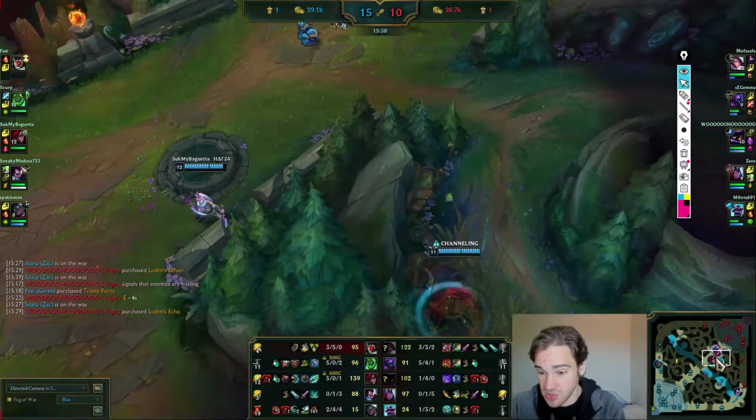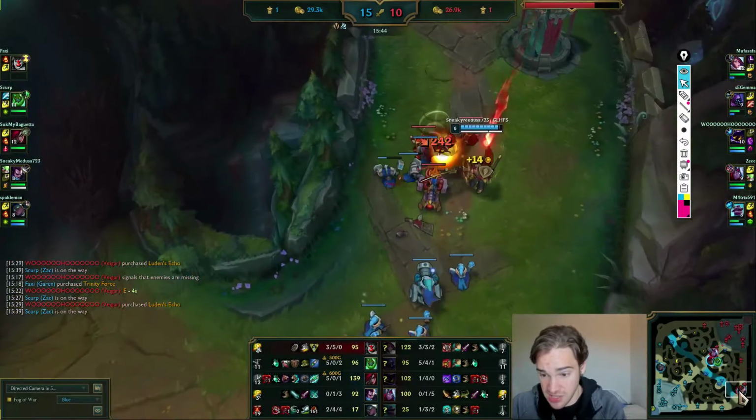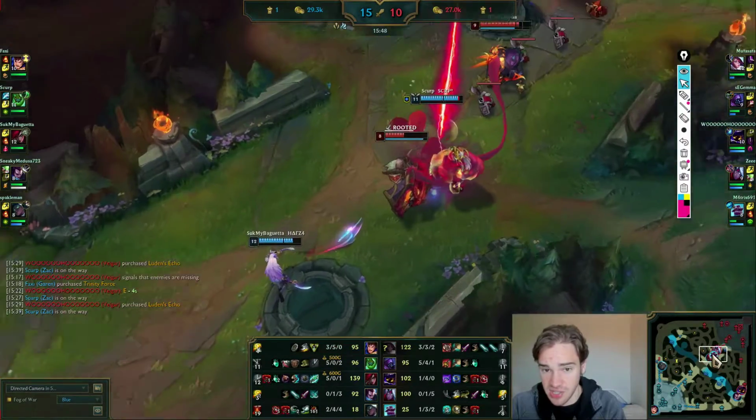I mean, if you engage straight away, maybe Veigar might not be here in time, but maybe someone needs to react to bot. Okay, he's actually TP'd. Bot, who's it going to be? Is that Veigar? So it is Veigar. Okay, so this is actually...